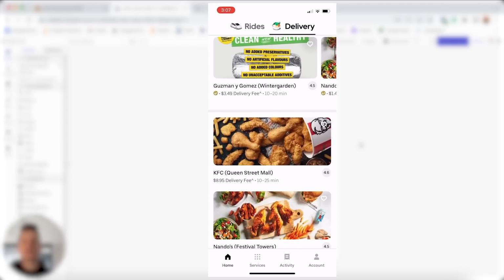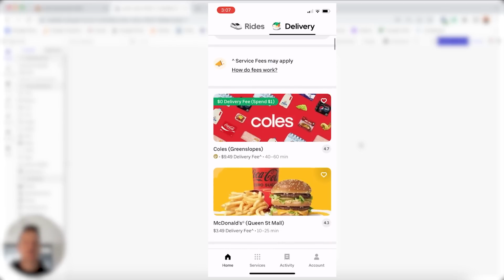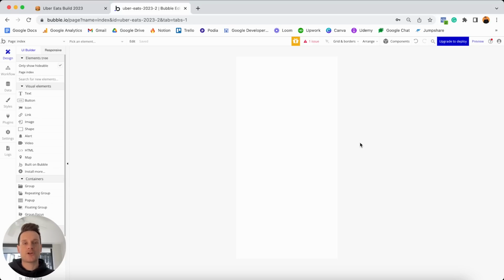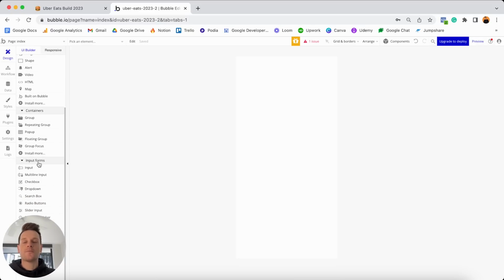And so today I'm just going to start by building out the search box as well as the list of restaurants, before I then come back and explain how we can build out all of the icons that are positioned at the top of our page. And so to get started, we're going to build out the search box. And to do this, we're going to scroll on down to our input forms and we're going to add in